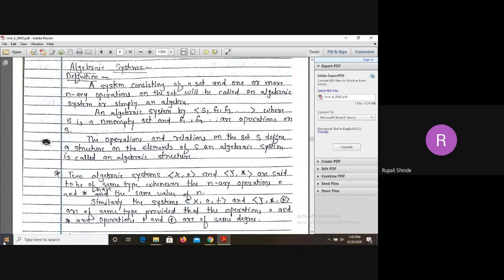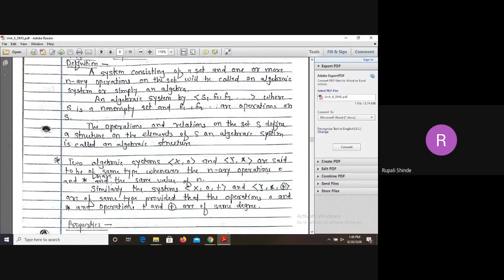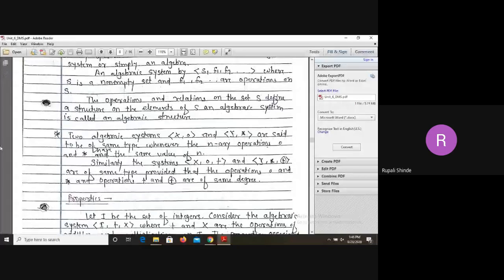Just the definition is given here. Hereafter we have to solve the example. At that time again you will get a clear idea. So again similarly here two different algebraic systems are given. X composition plus, this is the first algebraic system. So here we can say that X is a set and composition and plus, these are two operations, those are